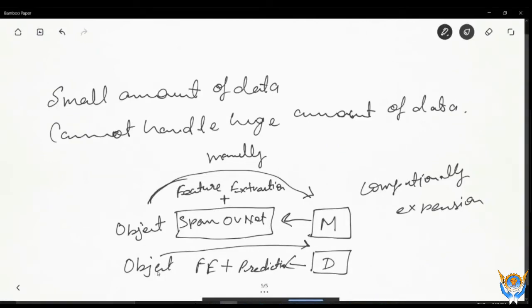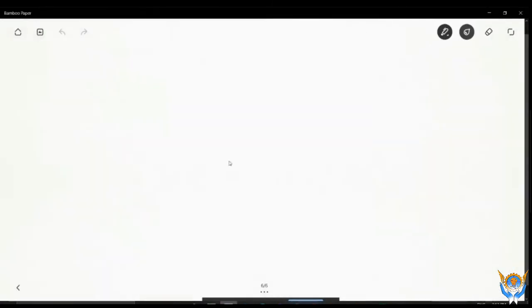And the second thing, okay, one more important thing is that machine learning can only handle a structured kind of data. It cannot handle, for example, a speech recognition system.